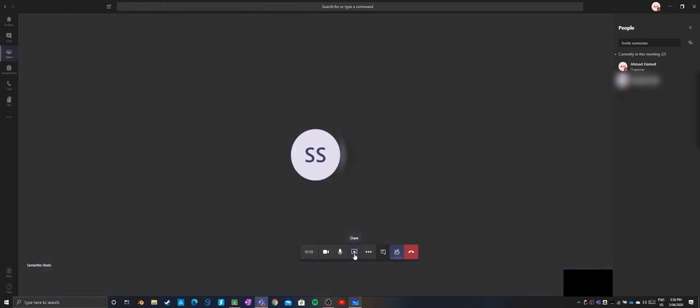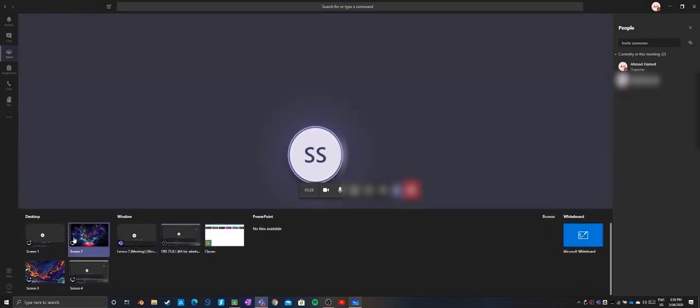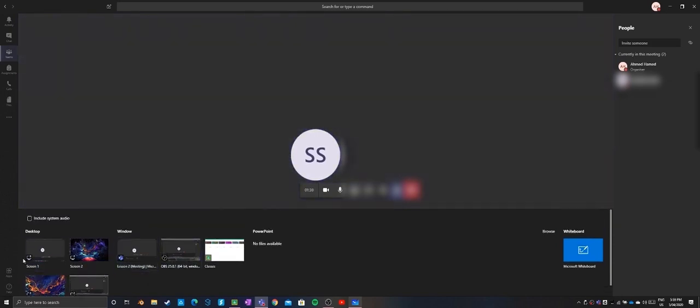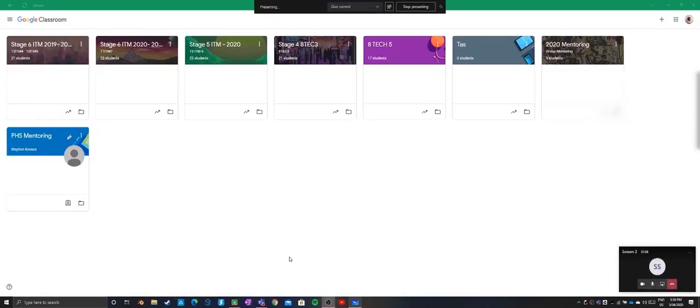So over here in the share button, I'm going to go ahead and click on this. You'll notice that there's a few desktops available. Now I've got Google Classroom over here. I've just got my normal screens and so on. So if I go to screen 1 and click on that, that's going to show whatever's on that specific screen. Now right now you can see my Google Classroom. If I want to show something within my class, I can, or